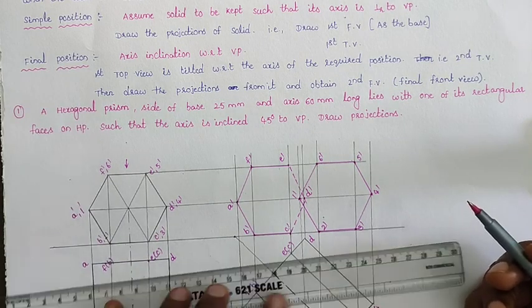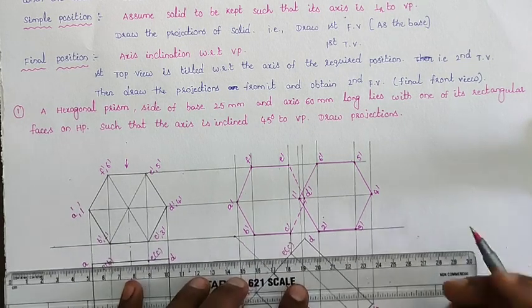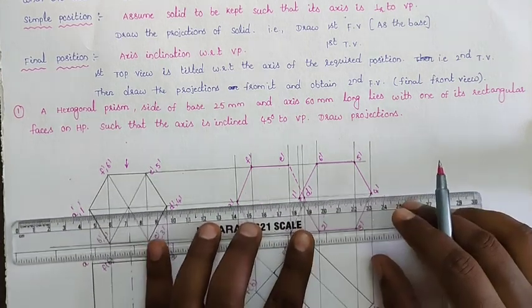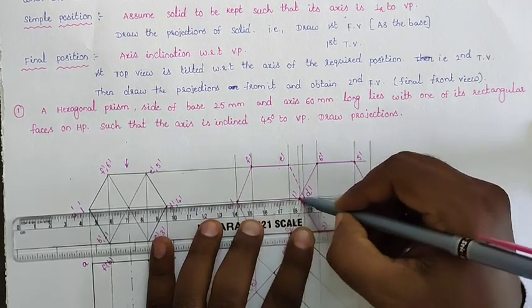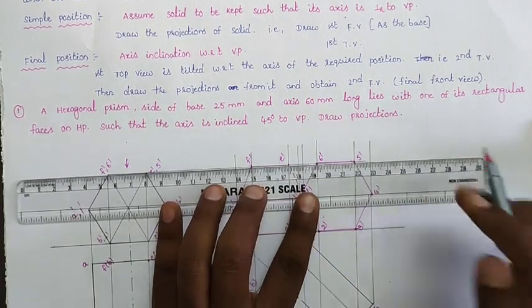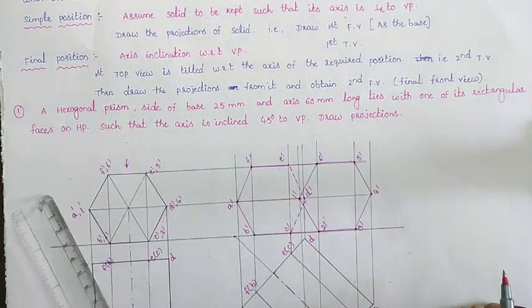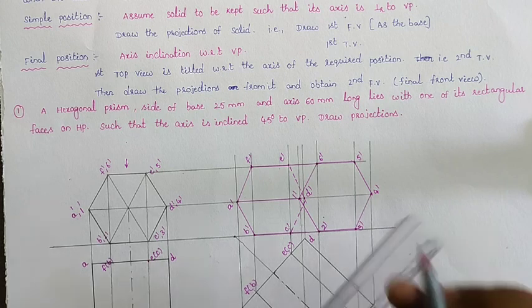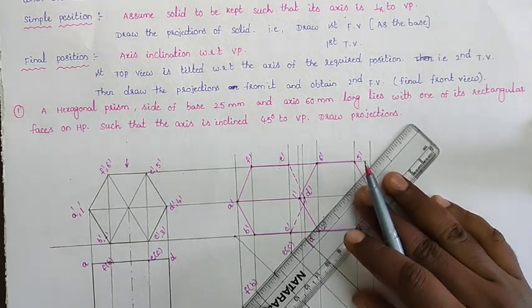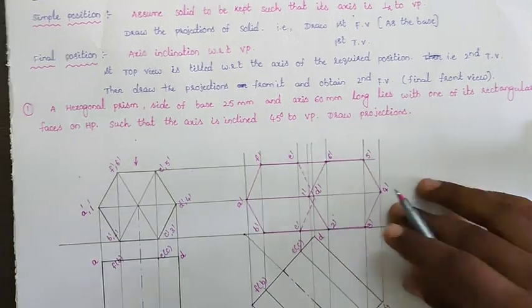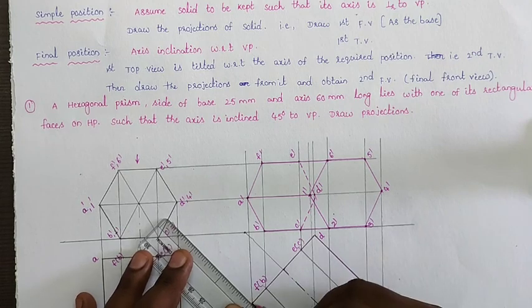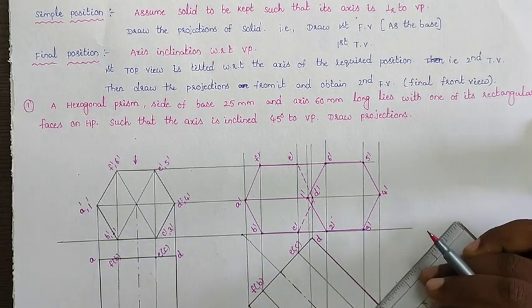After drawing the projection, we will join the longer edges like B dash, 2 dash and A dash, 1 dash longer edge, and again F dash, 6 dash longer edge, like that. So this is our required diagram. Here the second top view is also well drawn by using your HB pencil. So make it thick. This one you can also make thick.